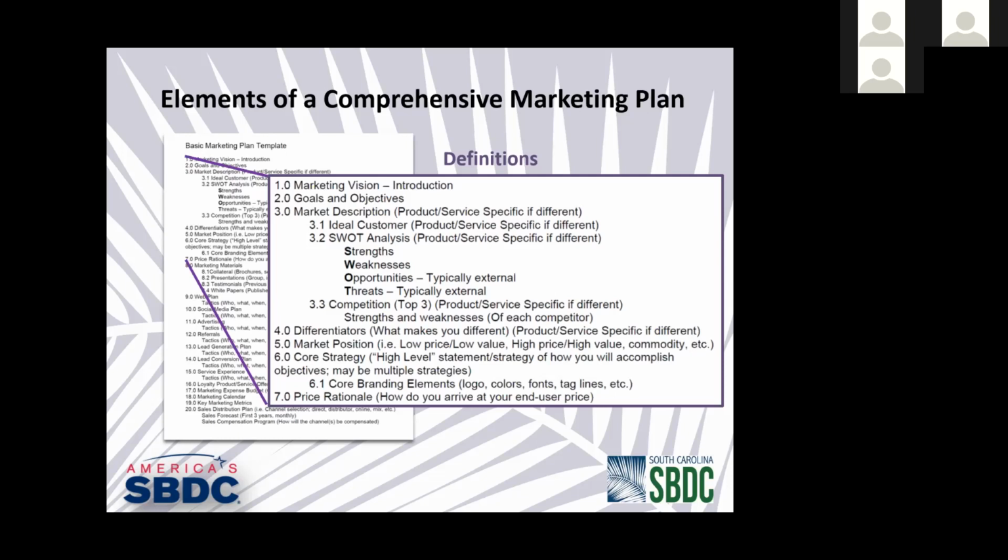Okay, the overall market. But 3.1 dials that microscope down, and it basically says, what is my ideal customer? So in the case of cell phones, somebody that wants a 6-inch screen, or wants to be able to do this or be able to do that. Okay, so that makes your target market much more finite. Okay, so dialing it down so that you're basically shooting with a rifle as opposed to a shotgun.